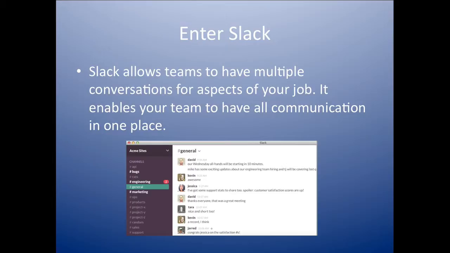You can see how you can customize those conversations based on what divisions of a team there might be. So obviously you have this one, you have sales, marketing, engineering, products, projects, and so you can customize those things. You can also customize who goes into those conversations, and we'll look into that in just a second.